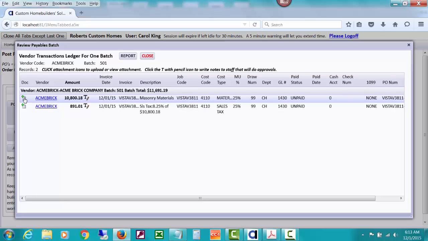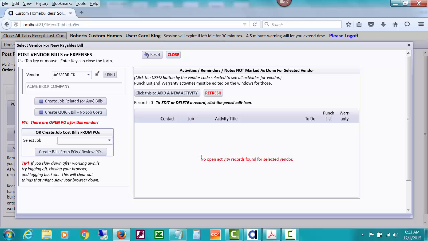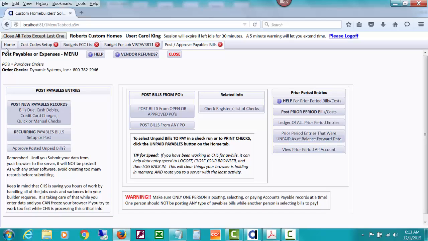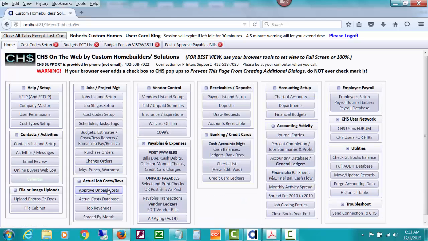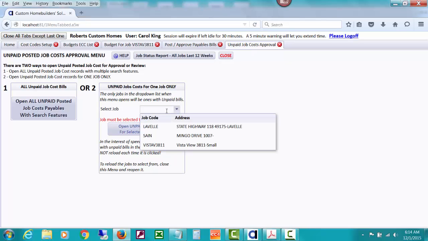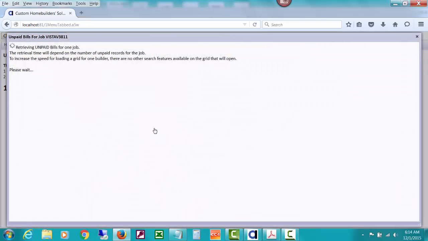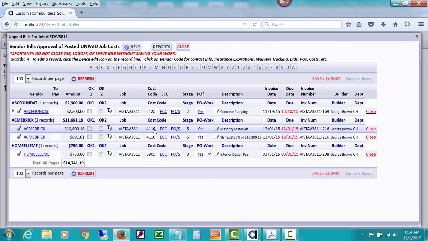And I can actually attach a copy of the invoice to this right here, the real invoice, not the purchase order, so that by the time somebody is coming along and reviewing that for approval, if the job manager is going to approve unpaid costs and just wants to approve them for our demo job, I'll do that, and it opens this. Anyway, what I'm trying to show is that you can drill down, see how this says PO yes for this one here,